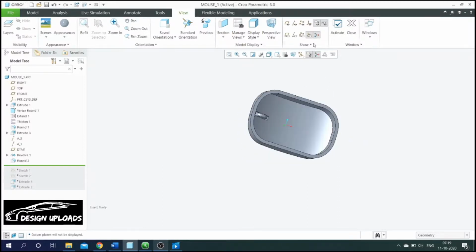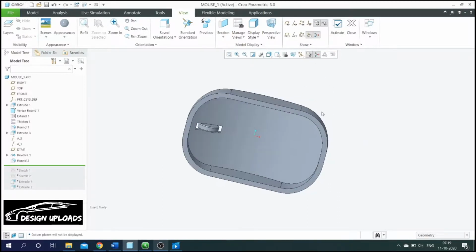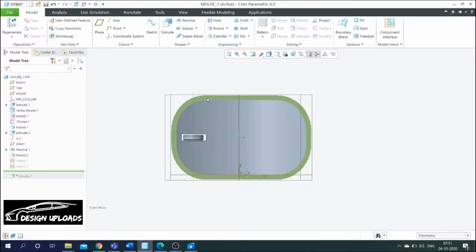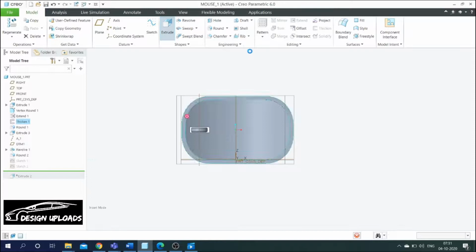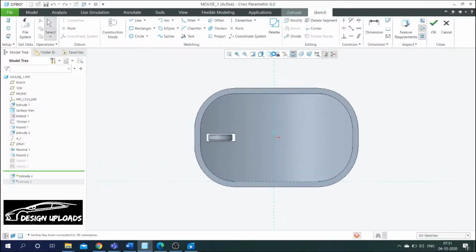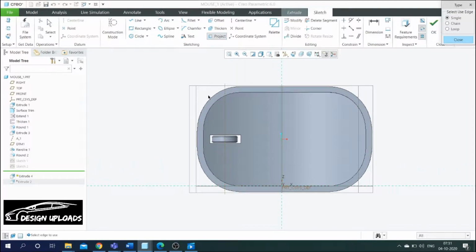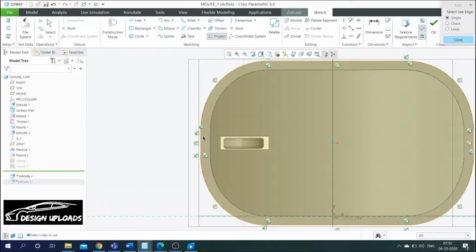Next step, we are going to fill the gap at the bottom side. Therefore, we need to fill this gap. For that, first select this outer surface and give the extrude option and sketch view option, and select the project option and select the outer boundaries. Therefore, the outer boundaries have been selected.